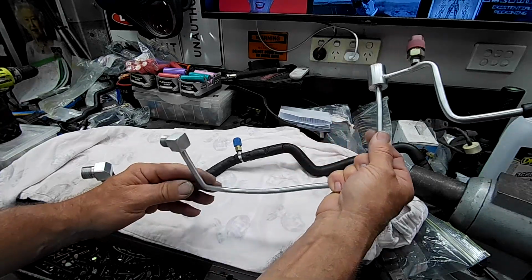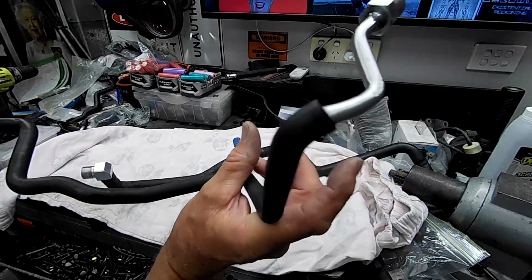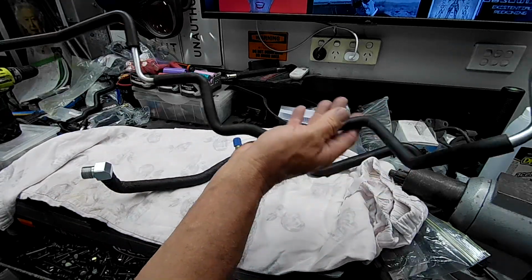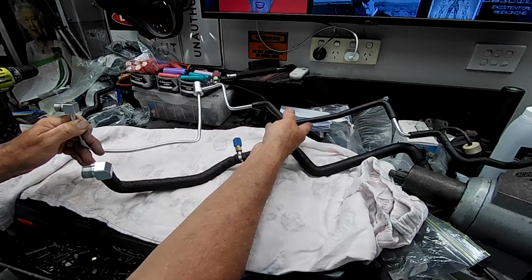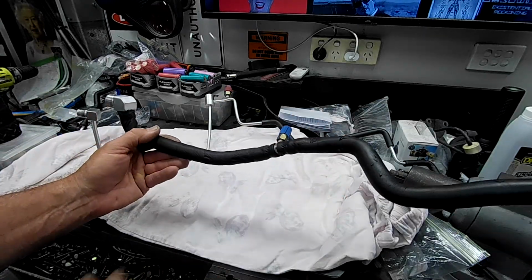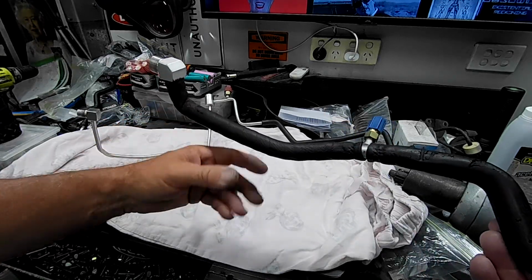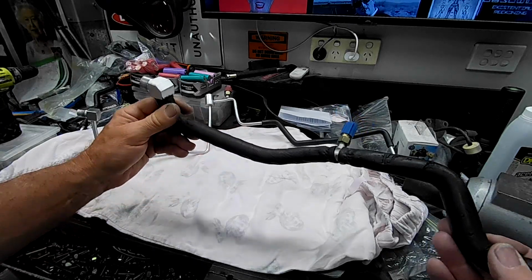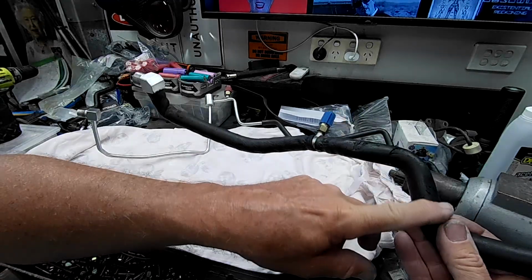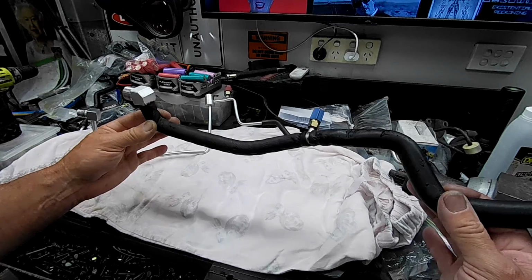And now that they're all nice and clean like this, all the fittings as well on the ends, I've spent a lot of time cleaning up all the fittings and all the threads. They're now ready to see what attention they need, and this one in particular needs some heat shielding done. There was a wrap around this, and I'm fairly sure it has a wrap from the factory, because this section here is right next to the downpipe and then the exhaust manifold on the passenger side. So what I'm going to do is rewrap this,